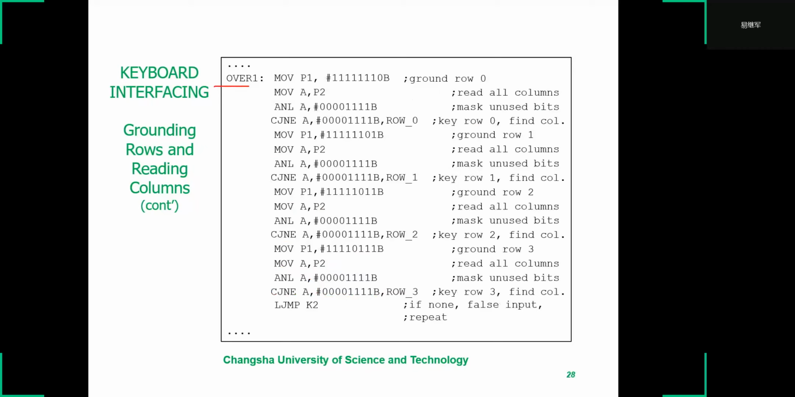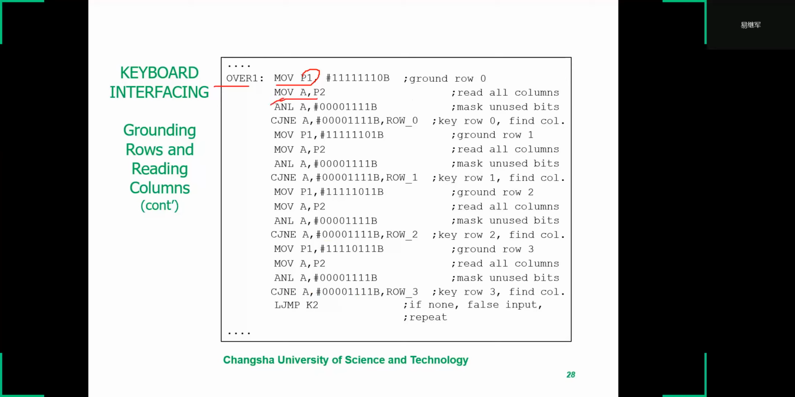Here, give the signal to the P0, one by one, and read the result. So we can give the signal to the P0 and read the result,